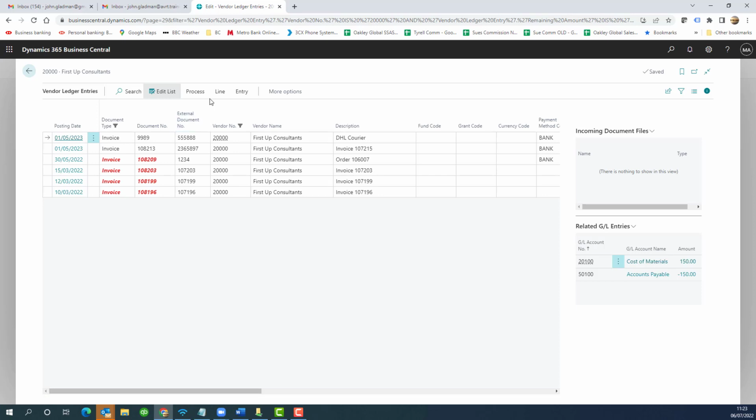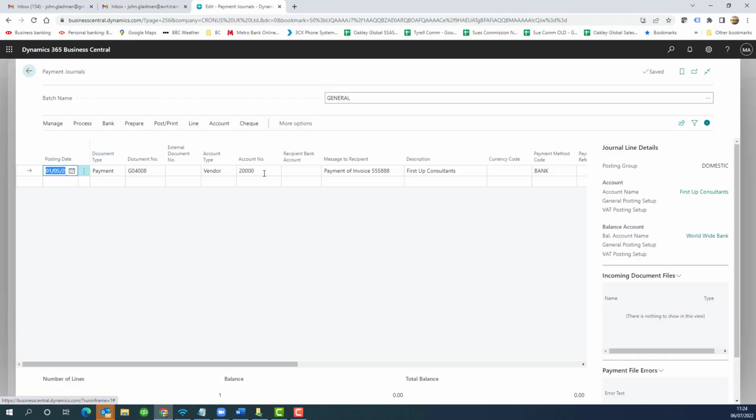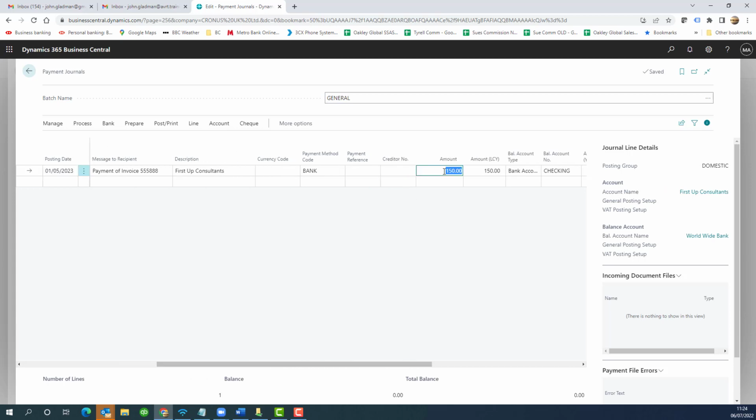Now if I want to make a payment, I can go in here and say create payment, or I've got this apply and unapply, which we talked about in the previous video. But I can go in here and create a payment. Now because I had highlighted that very first one, payment of invoice, First Up Consultants, very similar to yesterday. It was 150, but I can make a payment of